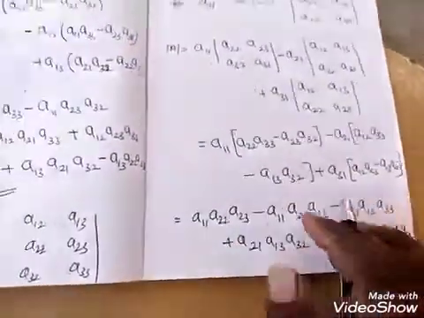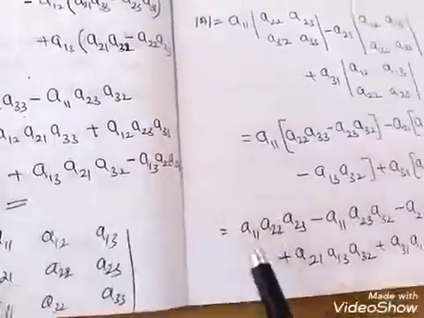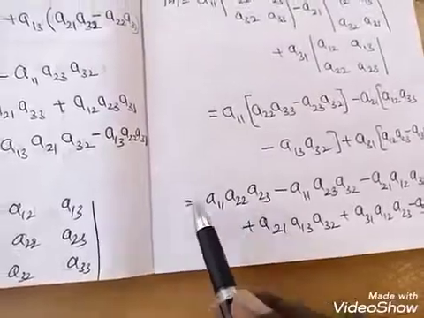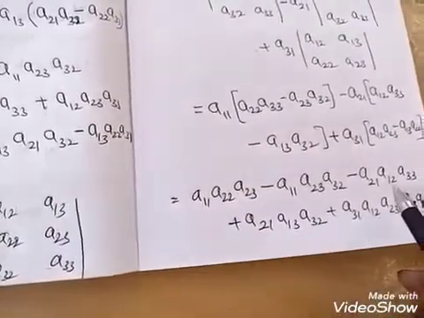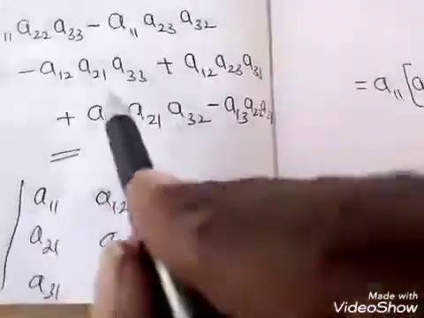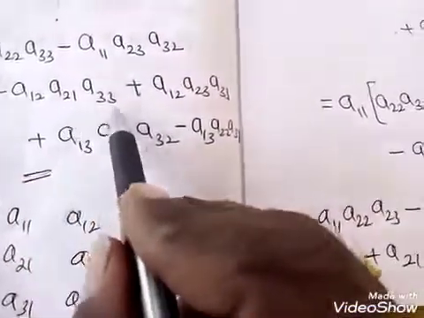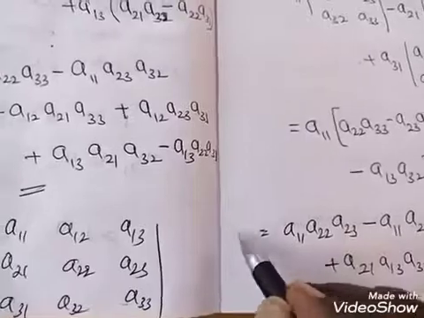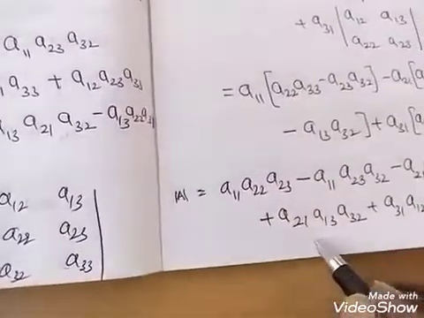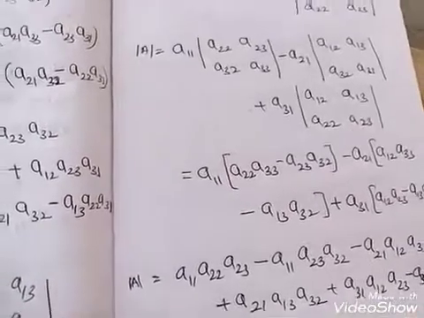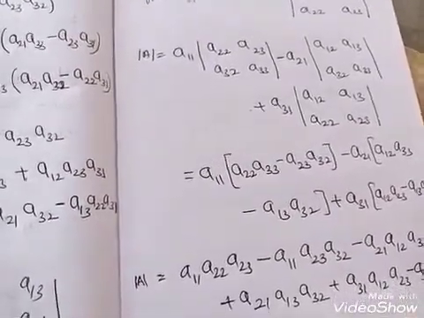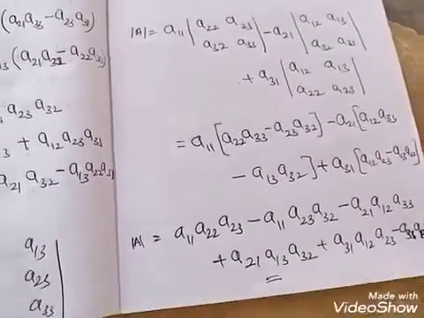Now observe there, compare this one. You got this one now? Again A11, A23, got it now? Again A12, A21, A33. That means you got the same thing or not? That means if you calculate the determinant with respect to row 1, row 2, row 3, column 1, column 2, or column 3, you are going to get the same result.